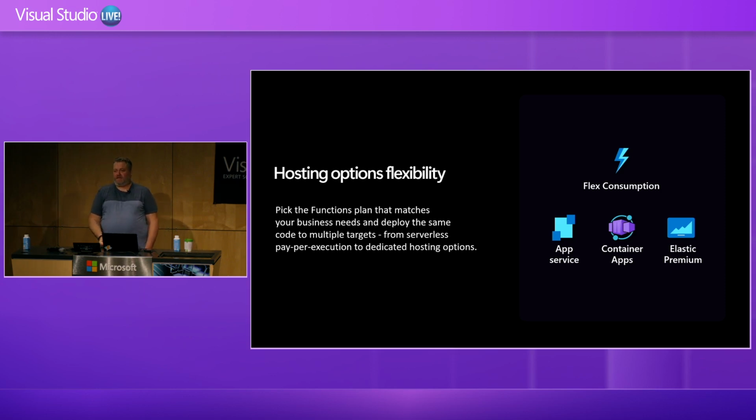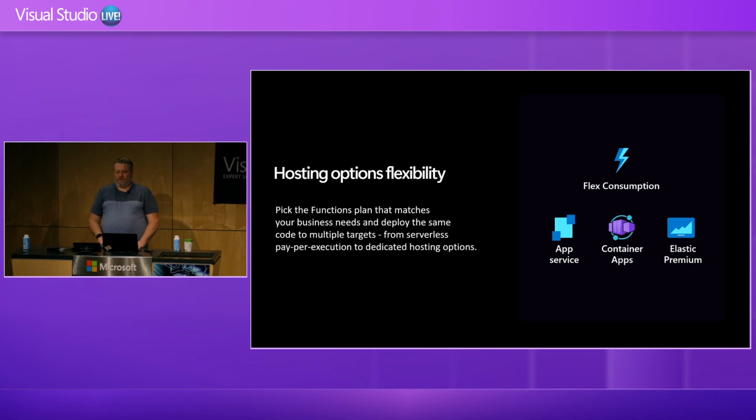And then finally, app service plans. If you look at app service itself, it has a variety of different instance sizes from the small free tier and basic tiers all the way up to huge machines that you can use. And I would pick app service if you already have web apps that you're using and those instances might be underutilized and you need some event-driven solutions to be a part of that. Then you can co-locate them with the web apps.